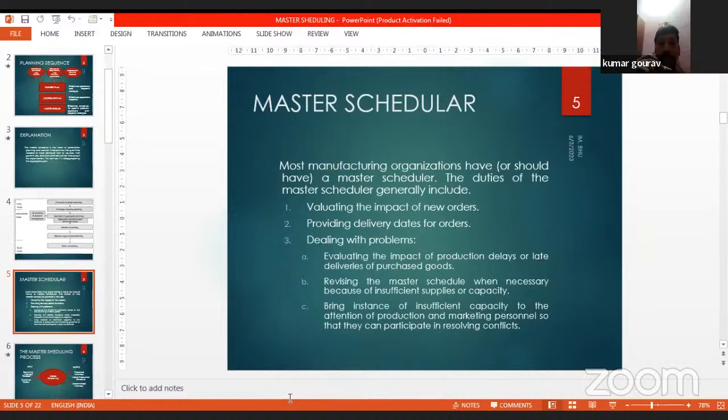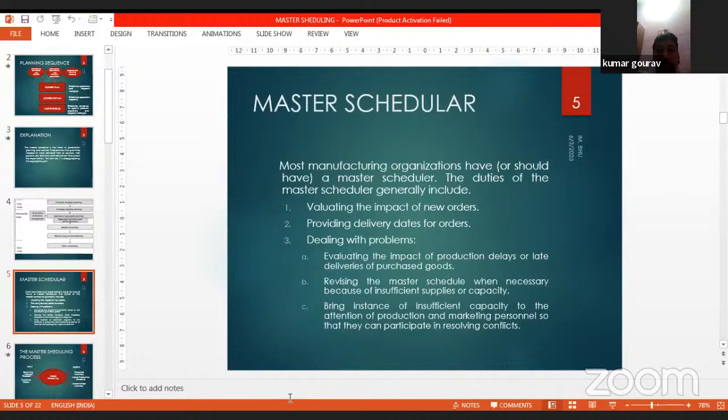Yes, ma'am. Master scheduler. Most manufacturing organizations have or should have a master scheduler. Duties of the master scheduler generally include firstly, evaluating the impact of new orders. Secondly, providing delivery dates for orders. Thirdly, dealing with problems. A, evaluating the impact of production delays or late deliveries of purchased goods.